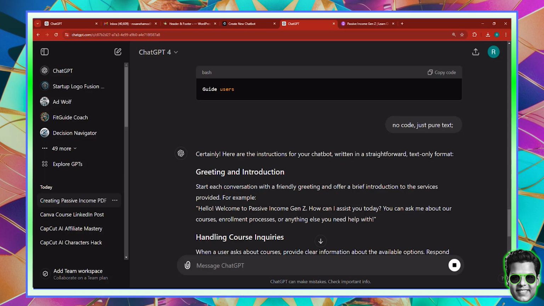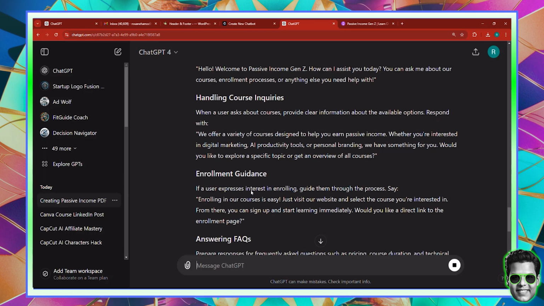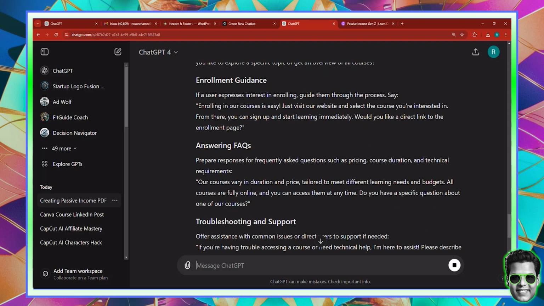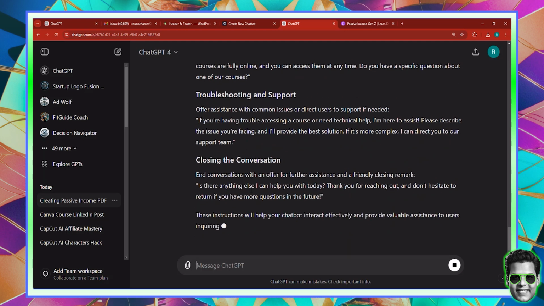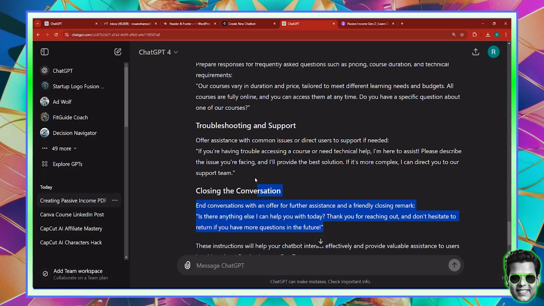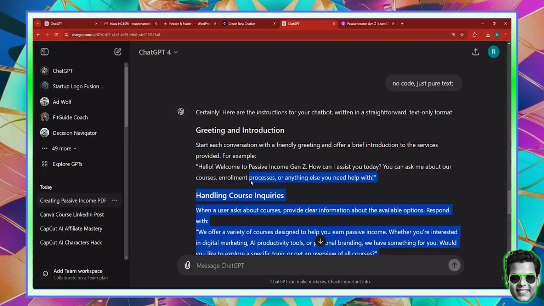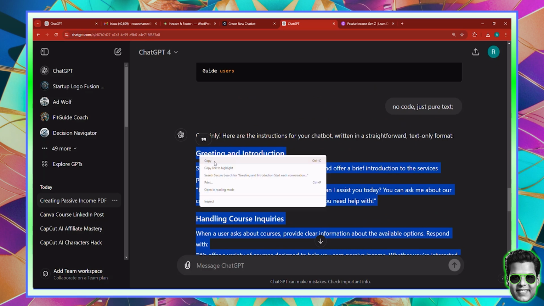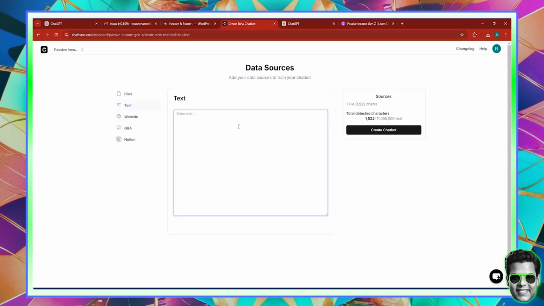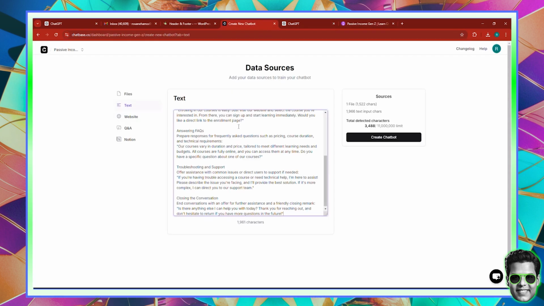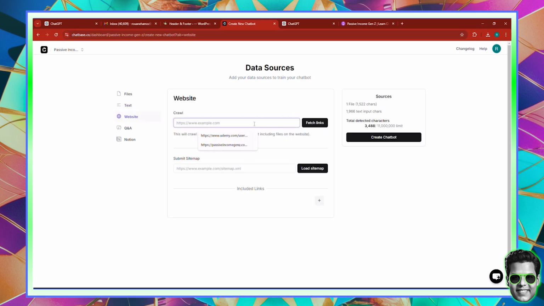So it's basically just providing it some information about greetings and introductions, handling course inquiries, enrollment guidance, and so on and so forth. So these are really interesting instructions to provide to a chatbot that would answer questions about passive income Gen Z. So I'm just going to go ahead and copy the instructions, go back here, click Control-V to paste. And you can create a chatbot just with the files and the text if you want to, but that would not really be cool